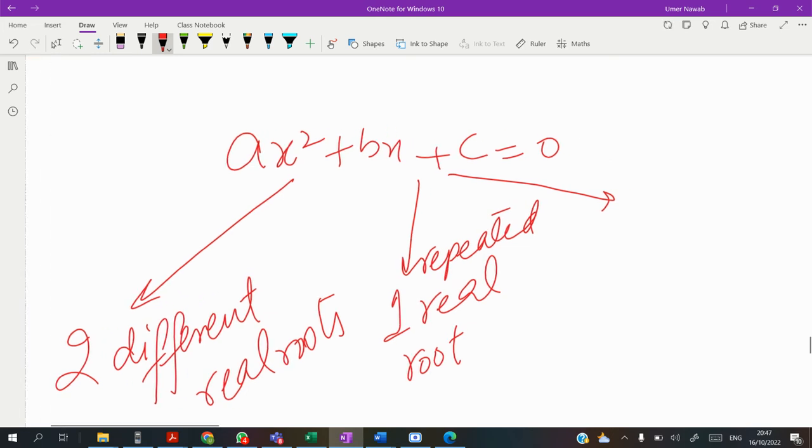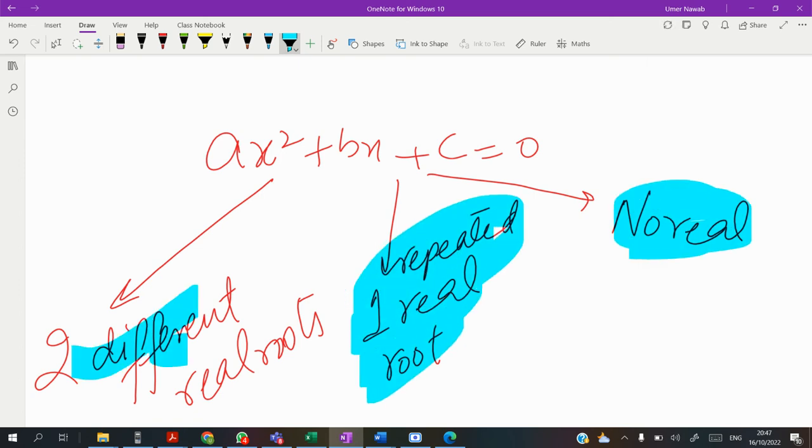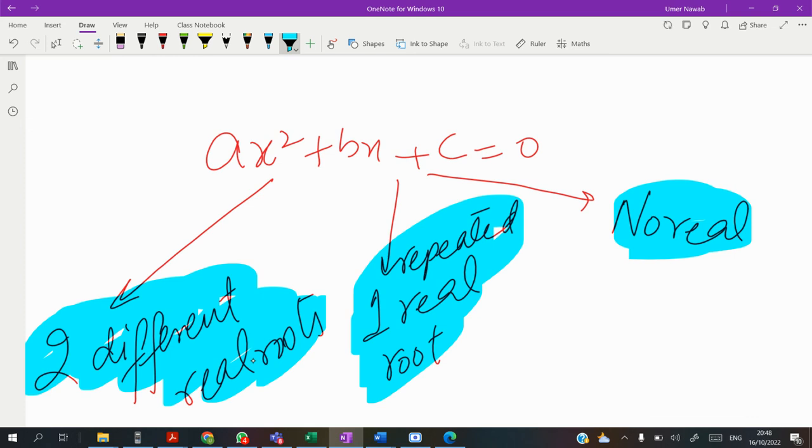And the third case is we get two answers, but both answers are imaginary and they're not real. So no real solution, but imaginary solutions will come to you. Who will tell all these situations? There is one very, very important factor which will provide this information to me, and that factor is called